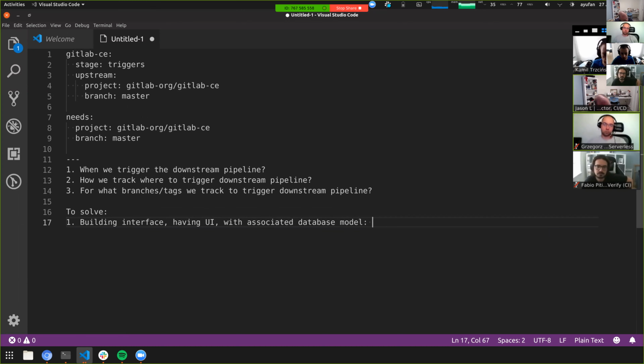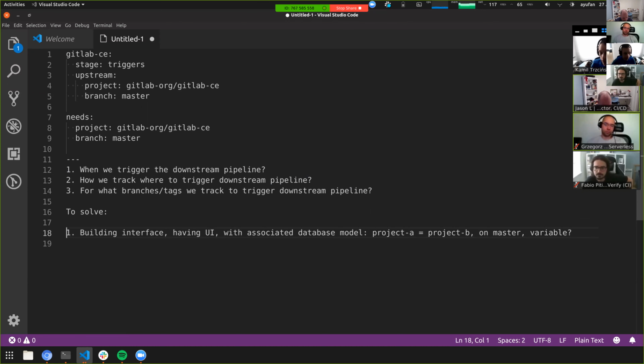This basically creates what Grzegorz said. Actually, it's not really a pipeline. It's like project A is connected with project B, maybe on this branch, maybe on some other conditions. I don't know, variable, right? Yeah. This is one of the cases.